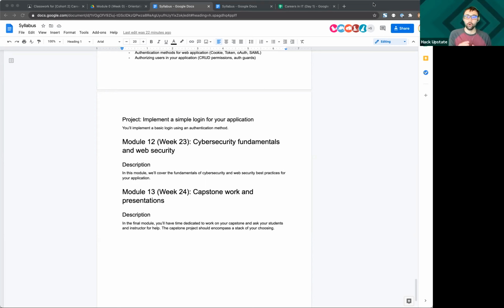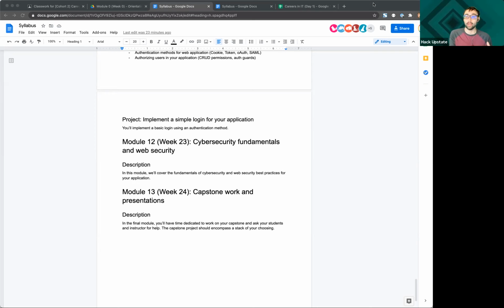So your capstone hopefully is a representation of everything in this module. And we can help work with you to figure out elements or features that you could add to an existing site to bring in some of these concepts. But it doesn't have to be something that you're starting from scratch. And we are going to encourage you. We'll actually probably be a little bit more disappointed than anything if you're not bringing in frameworks that we're teaching, like Bootstrap and Node and Express and Sequelize and all of these terms that may not mean anything now, but are building blocks that you can use to get to the end result quicker.